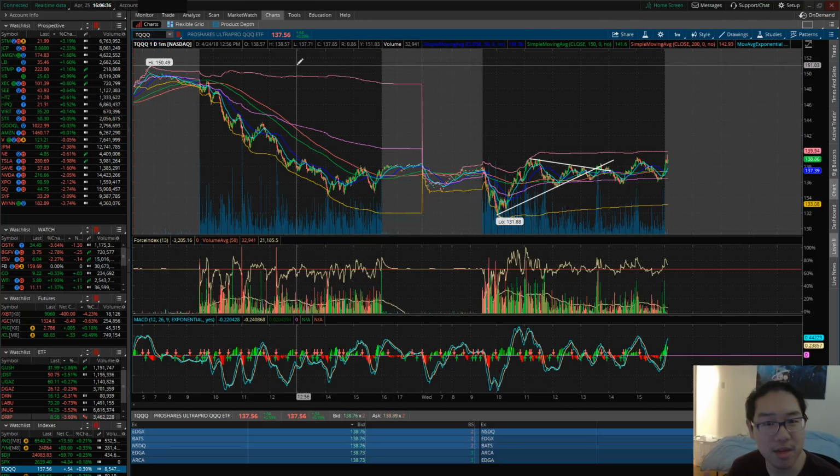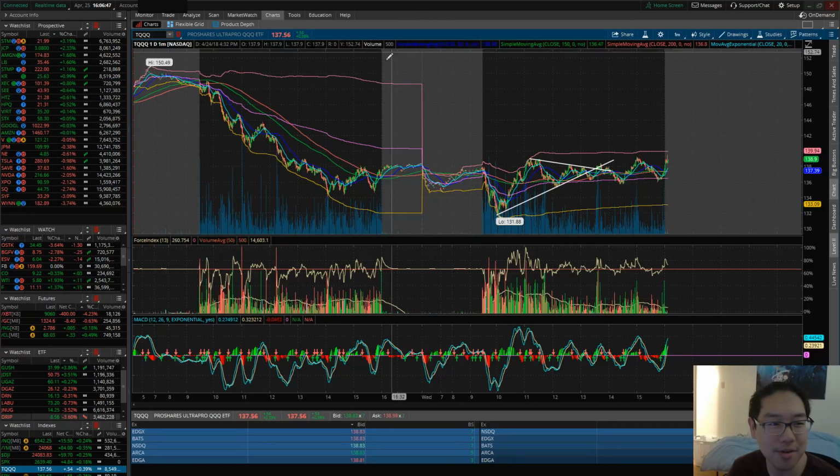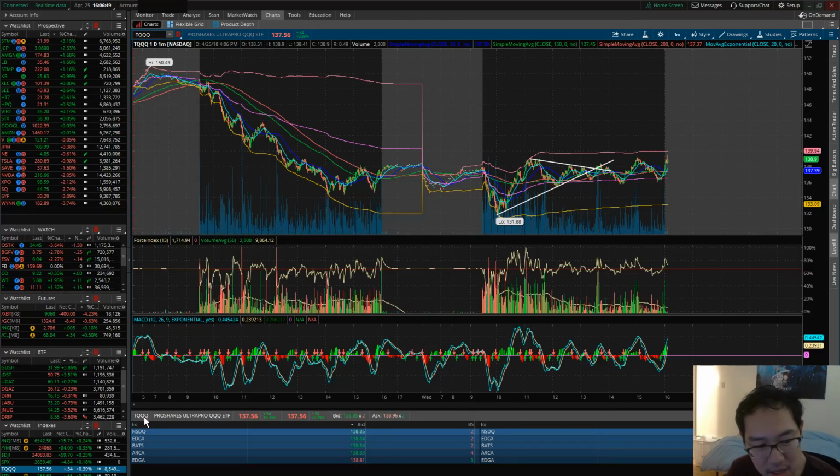Just note that if this is a reversal, this is a great ETF to go to. So this is something to watch and see in the next few days, especially tomorrow. Okay, let's take a look at